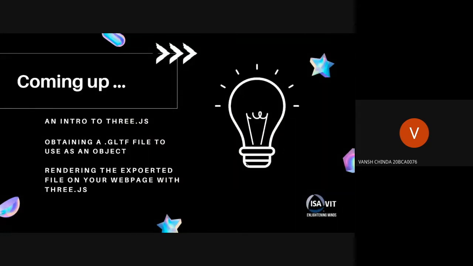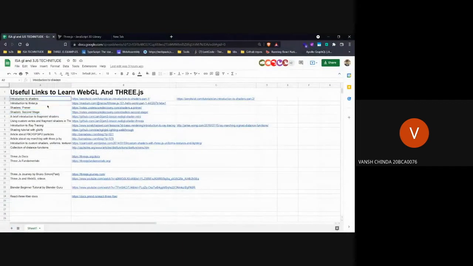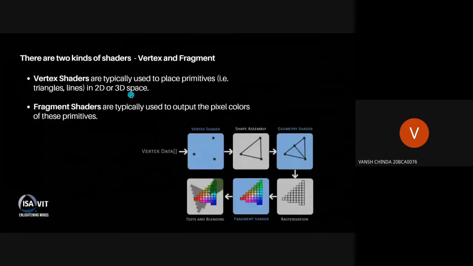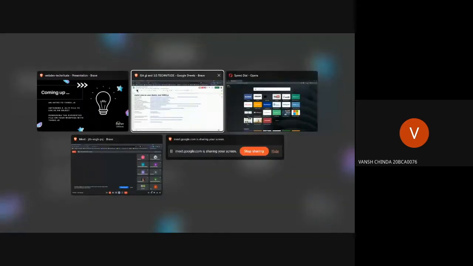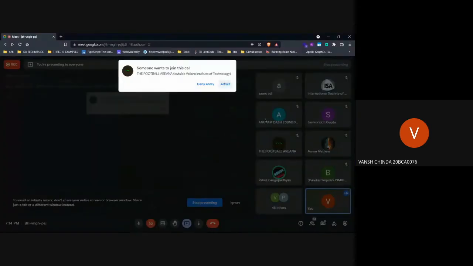So now we'll take a break. This was the whole introduction to WebGL. We won't get into it much further, but I think we have distributed the link for this, so you can go much deeper into WebGL. The reason we are not getting into WebGL is because we are going to use 3JS, and WebGL is a bunch of really broad topics, so you really can't understand it in an introduction. But that was basically what you need to remember: fragment shaders and vertex shaders. If there's any question, you can ask in the chat box, or you can ask here too.